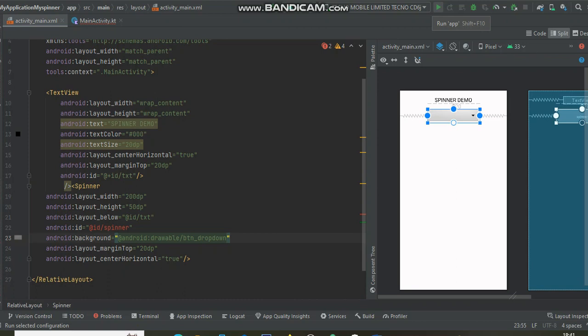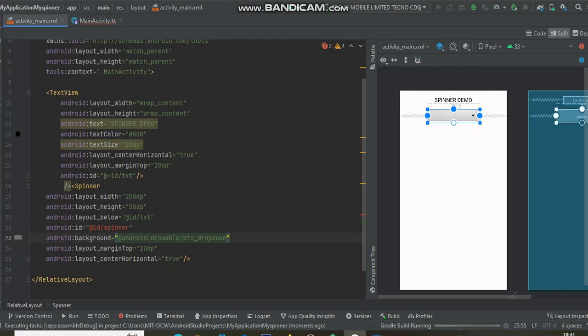As you can see, the Gradle build is running. When you click on the spinner, it shows